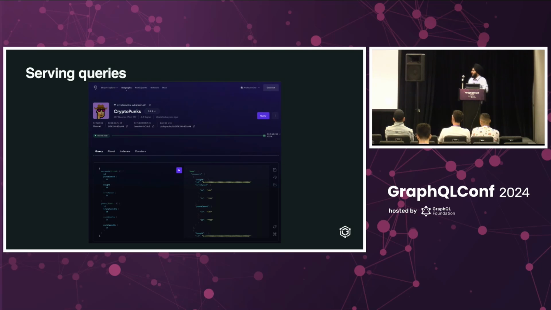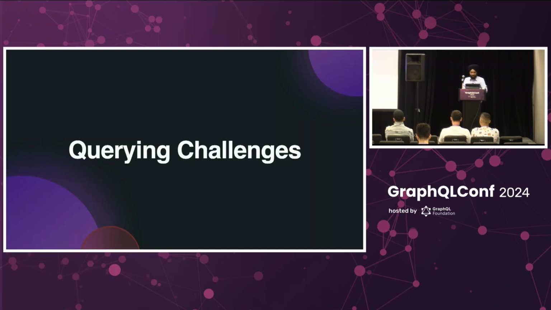The second use case is for serving. In addition to the ETL, we can use GraphQL as a query language to serve our database. This means you have GraphQL to interact with the data that is stored in your database. And we all know how easy it is to query a GraphQL API, and we can easily explore what's available in our GraphQL API. But there are some challenges involved in this landscape when you're querying your subgraphs, because there's